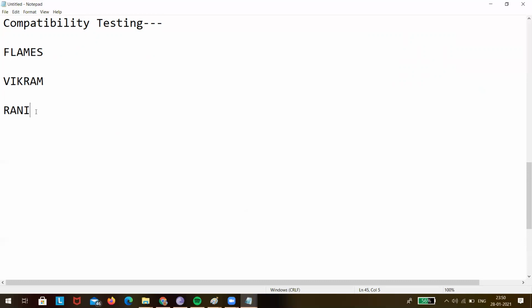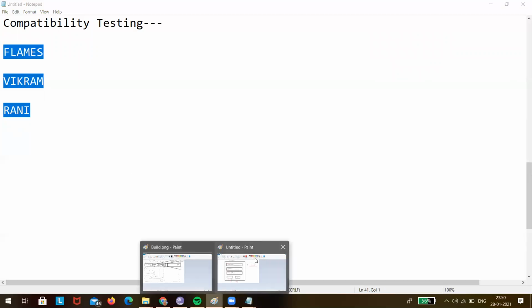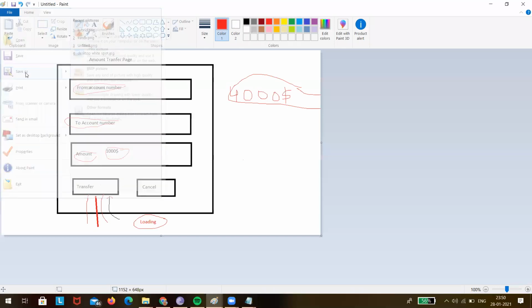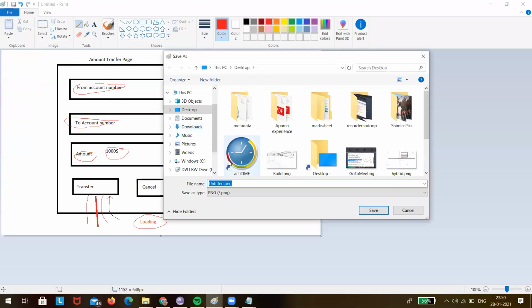What happens here is that the common letters we have to cut down. Do you remember, Kirtana? Yes, sir. Okay, let me just save this. This is your ad hoc testing.